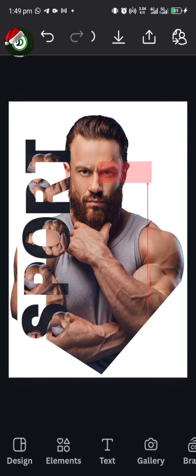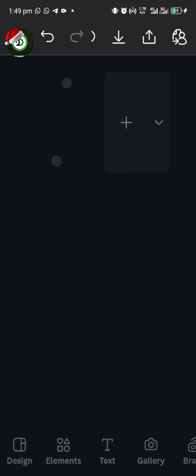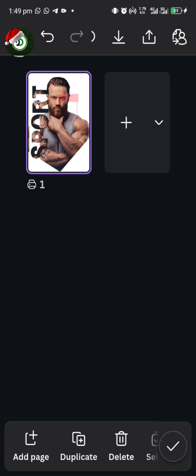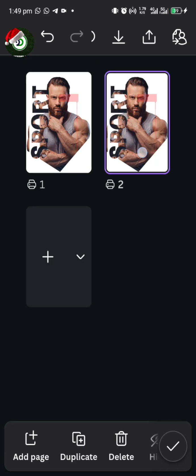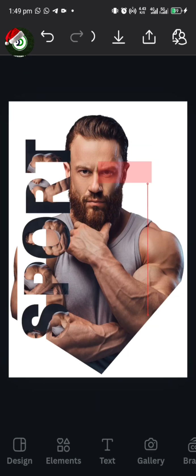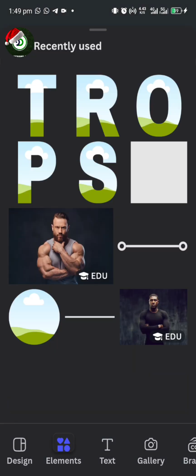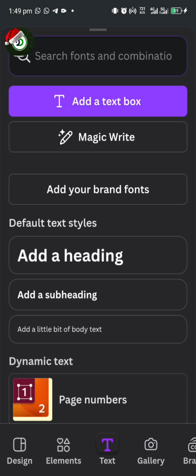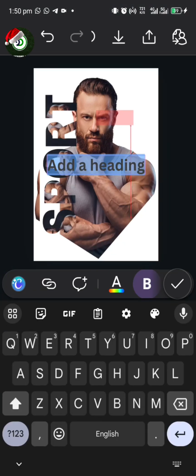Okay, we are done. Now what I can do is to duplicate this. Just drag with the two ends, do this, all right, and then duplicate. Click on duplicate down here. All right, and then bring it up, and then go get the element. Oh, sorry, go to text this time around, and let's type spot. Add the heading and type spot,